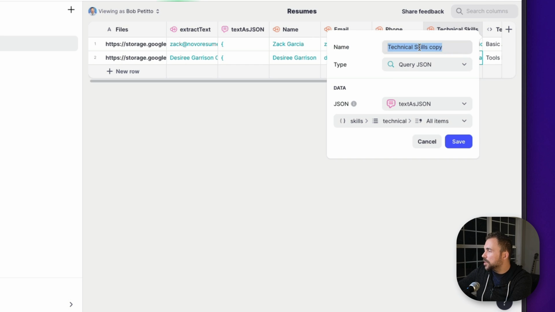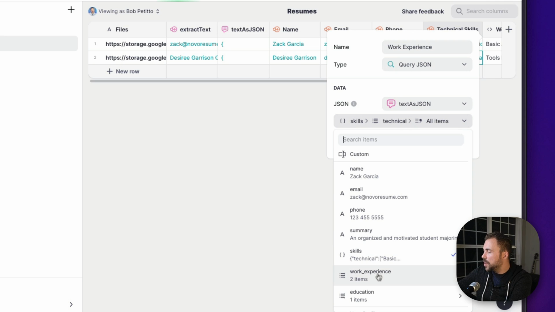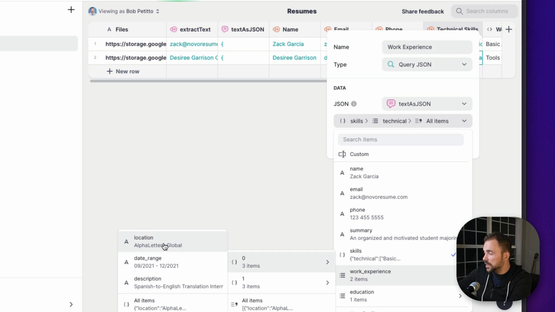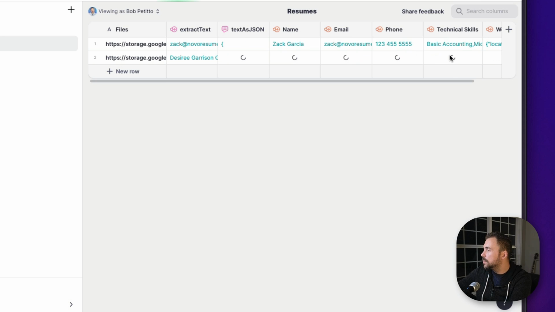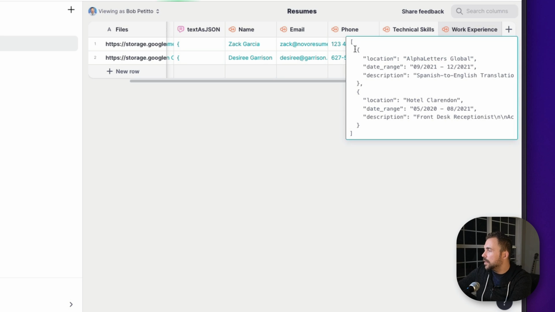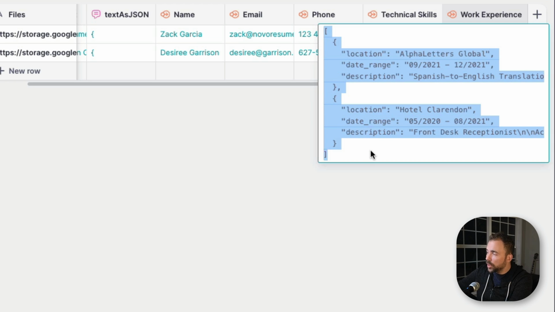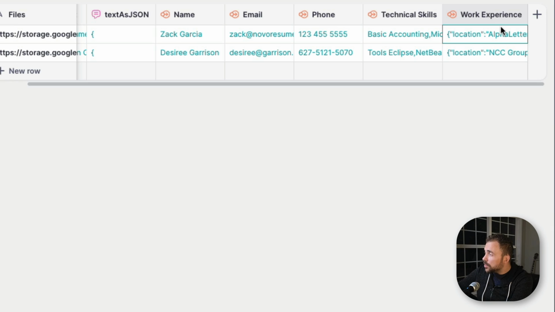And if I wanted to, I could do work experience. Same thing. I can choose my work experience, and then I can pick a specific work experience, or I can do just all of the work experience and hit save. Okay, and this is formatted as JSON still, right? And this might not look very pretty on the front end. Glide doesn't have a way yet of converting this JSON array into individual line items. So what we might want to do here is use some JSONata queries to format it a certain way, or